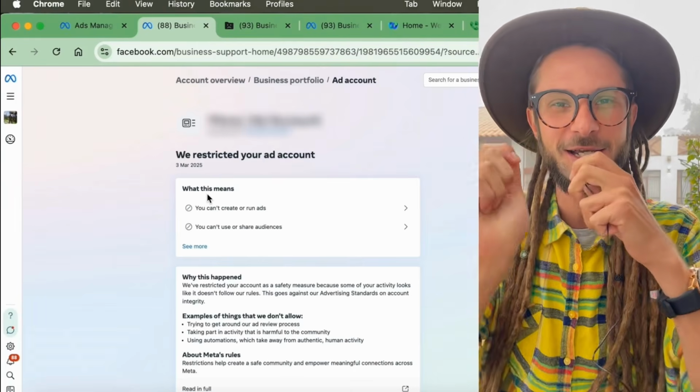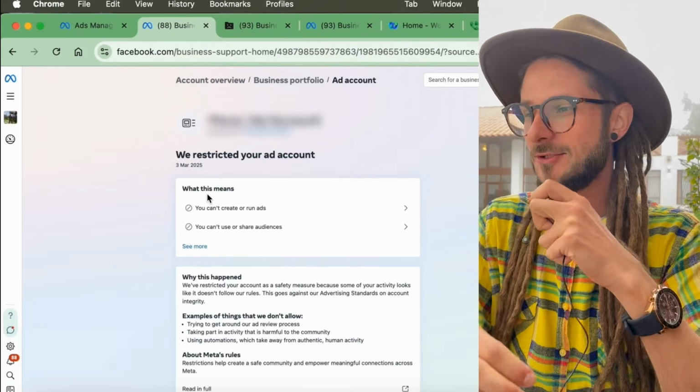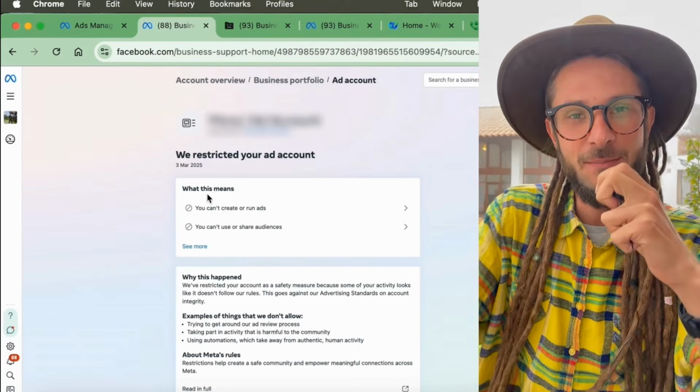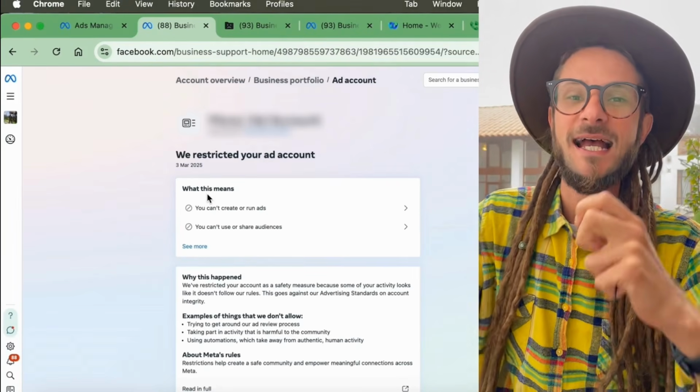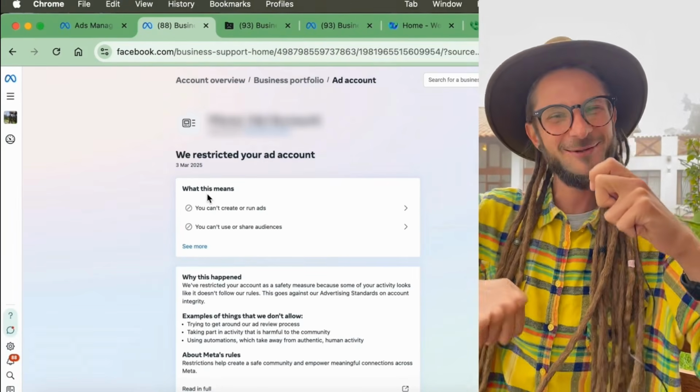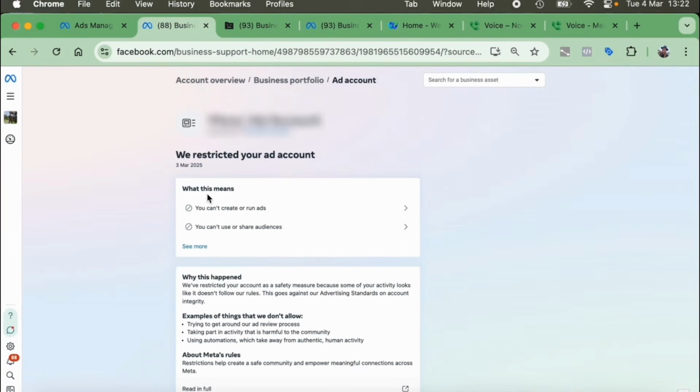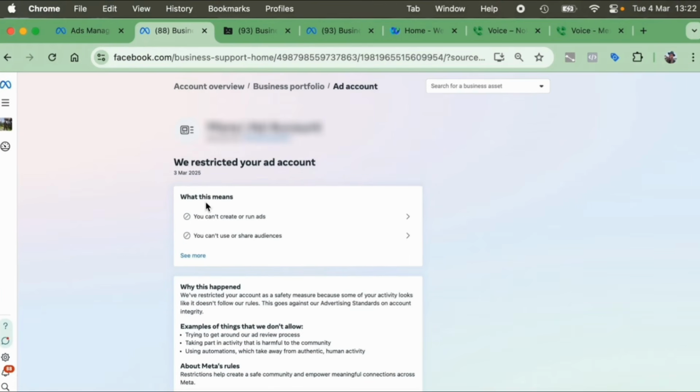I'm going to disappear again. I'm going to go into the screen share. I'm going to show you exactly what you need to do. If that request review button hasn't come up or hasn't worked, you can try this and see if it works for you. Cool. And guys, as some of you have reported, if the request a review button doesn't appear,